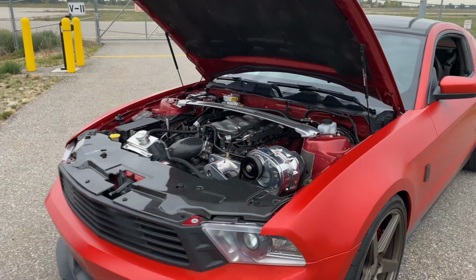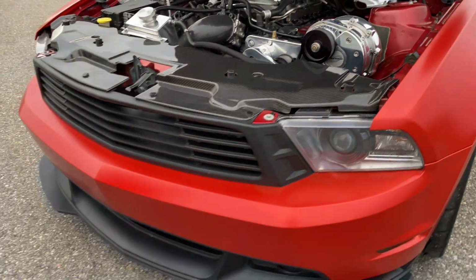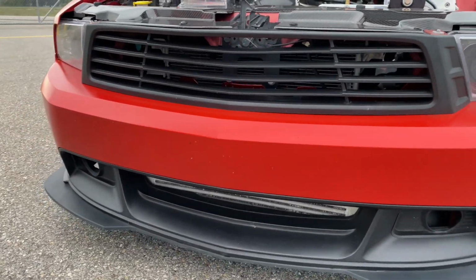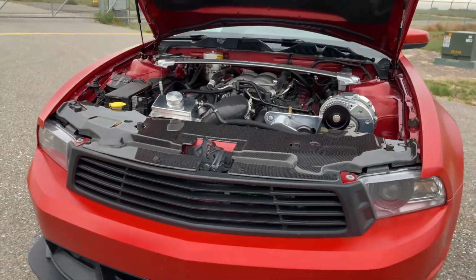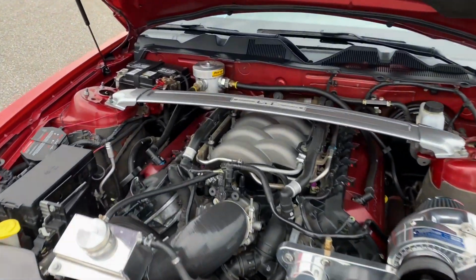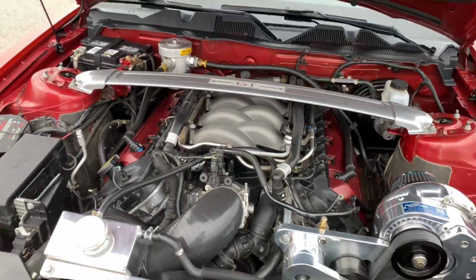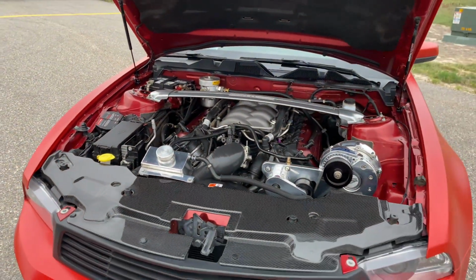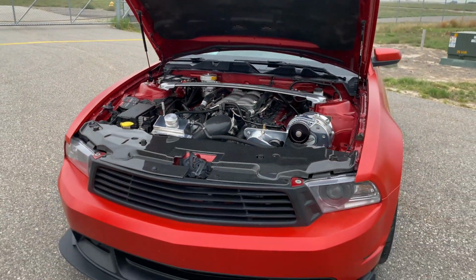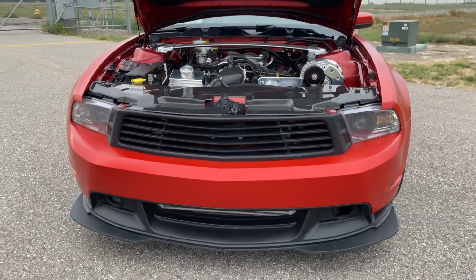That's like everyone's favorite thing to look at. It's got the Stage 3 kit with it, so the big intercooler. You can't see the blow-off valve, but it's got the big red blow-off valve as well. It's got a Gen 3 ported intake manifold from a 2018 Plus Mustang. Upgraded fuel lines, upgraded injectors. It's got the catch can. It's got front splitter with the extra valence, BBK long tube headers,